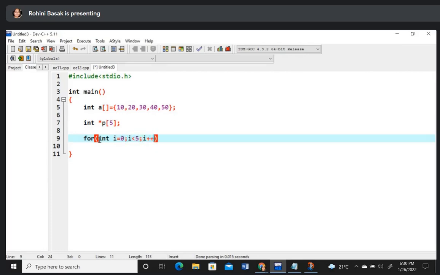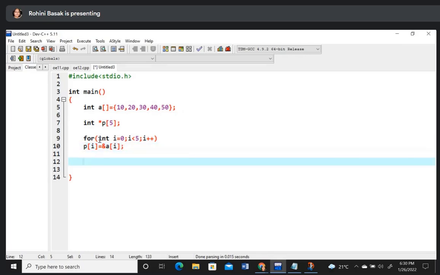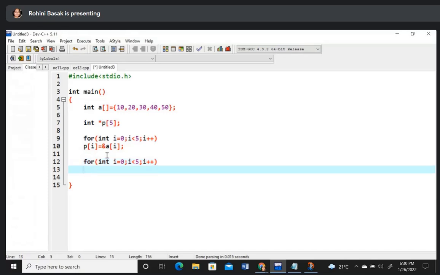এবার for ধর এরকম লিখলাম, for int i equals to 0, i less than 5, i plus plus, ঠিক আছে? p[i] is equals to &a[i]. Okay. So now we have to dereference the pointer. For int i equal to 0, i less than 5, i plus plus,